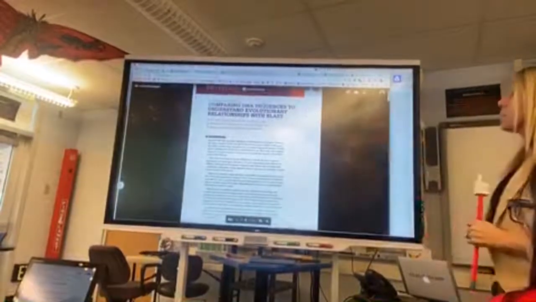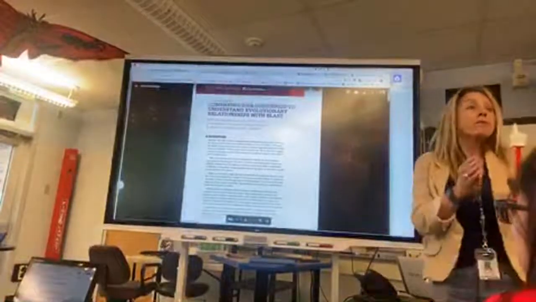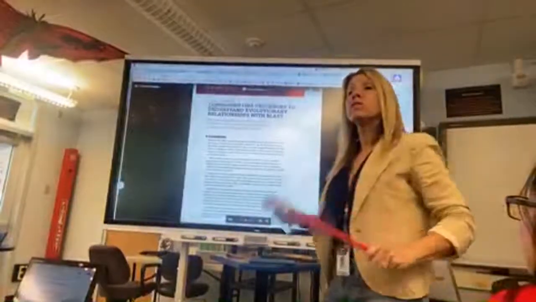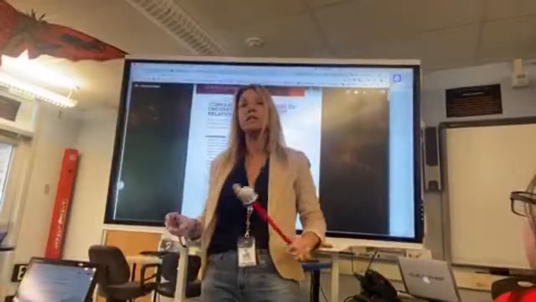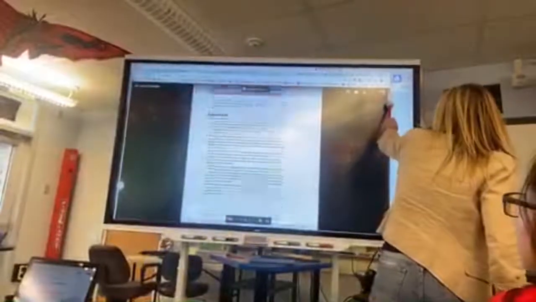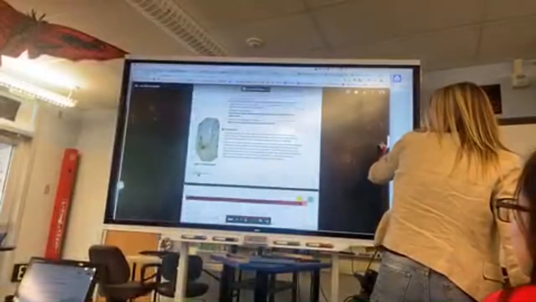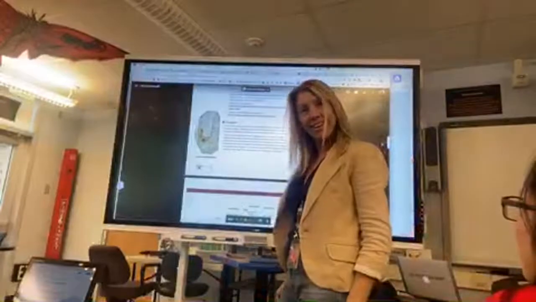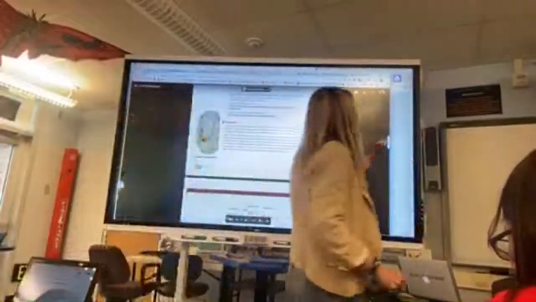But look at the title of it, Comparing DNA Sequences to Understand the Evolutionary Relationships. So you're going to compare DNA sequence to say who's more closely related to who. This is a real scientist working lab site that you're going to be working out of. It is not a pretend mock-up for you in AP. But I encourage you, because there's really good information in the lab, to read through it. And you're going to be looking at a fossil from China. It has the coronavirus. And you're going to try to place it